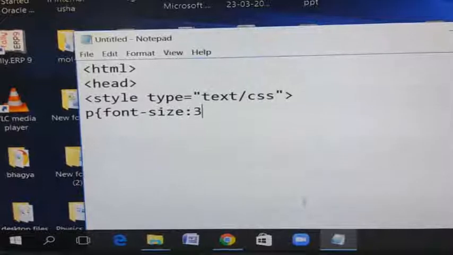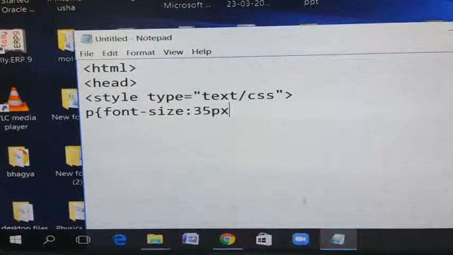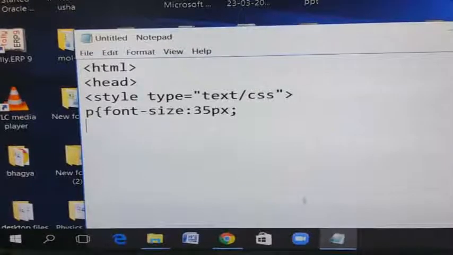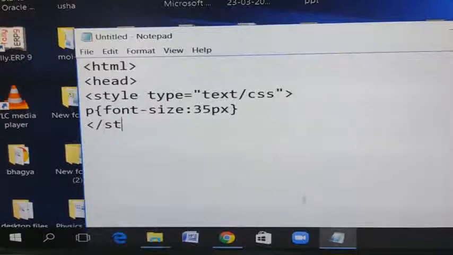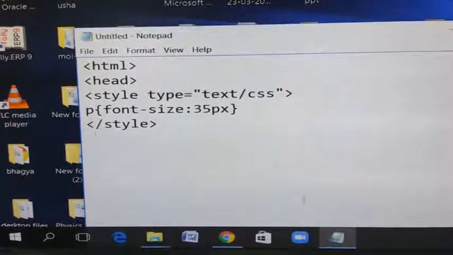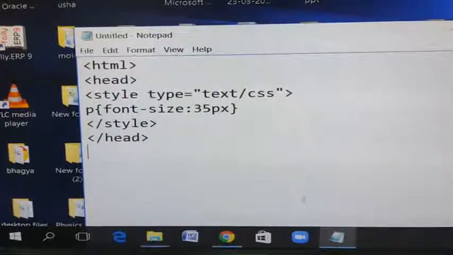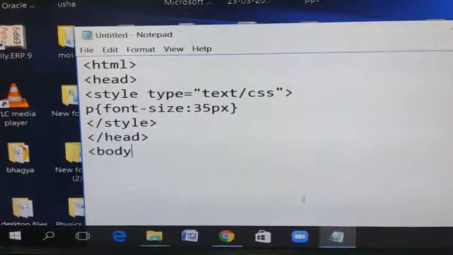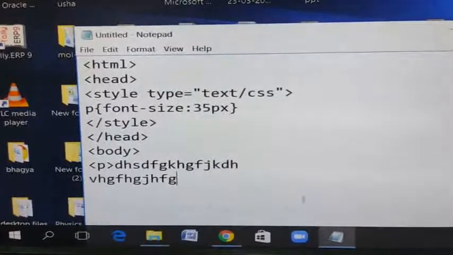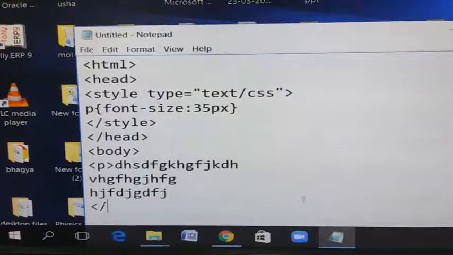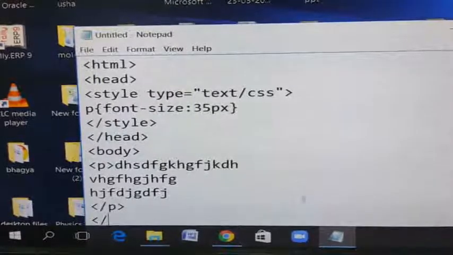Example, 35 points or 35 pixels you can give. Next, close it. I am closing the style. I am closing the head section. Open the body. Inside the body I am giving a paragraph. Here I am closing the paragraph and I am closing the body section.